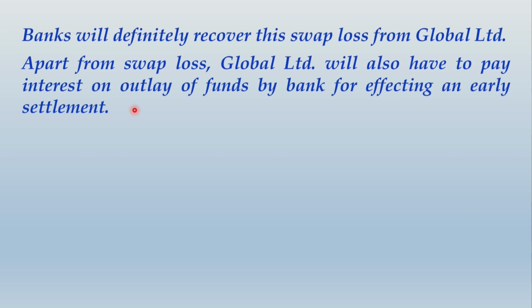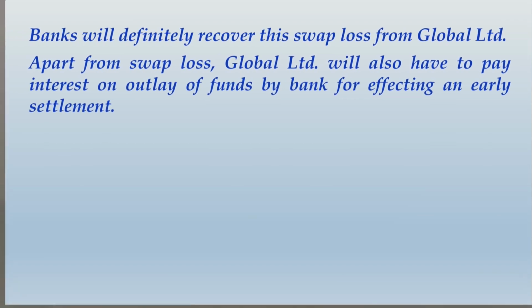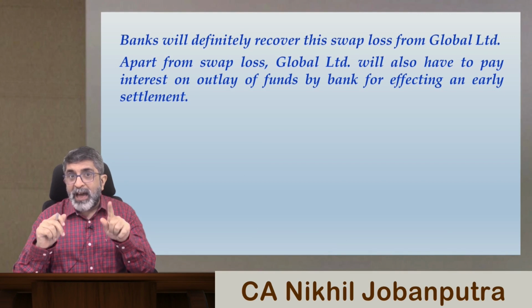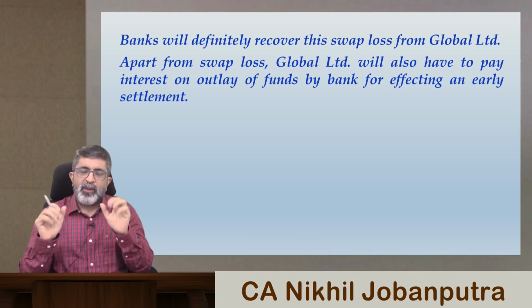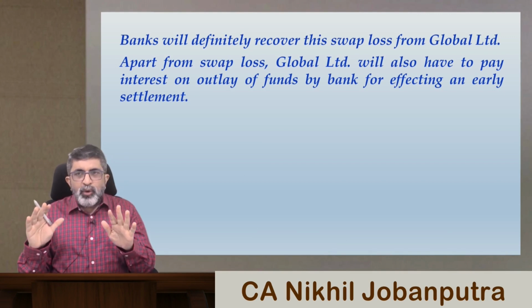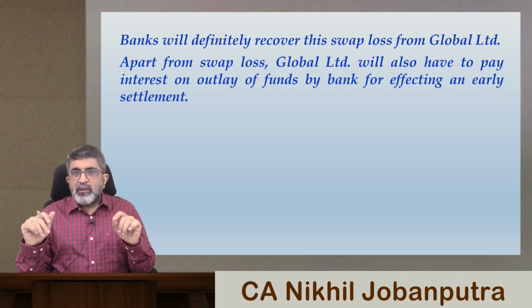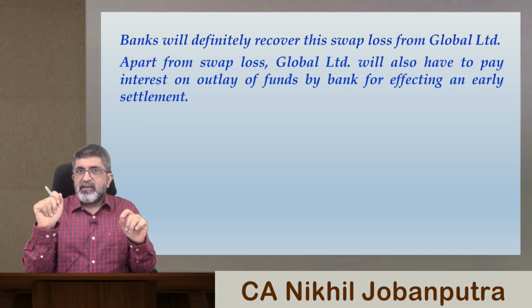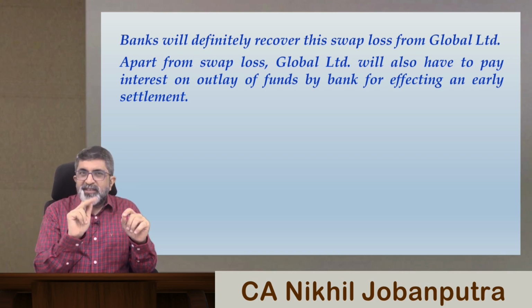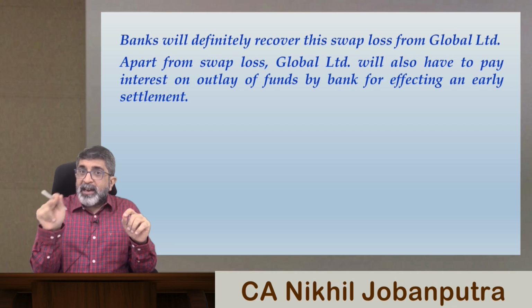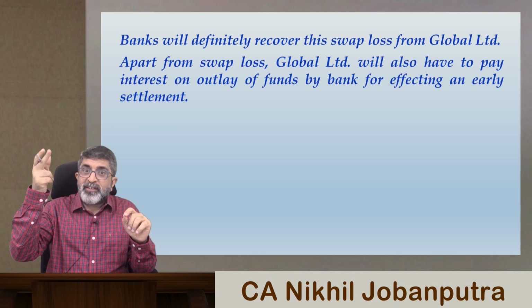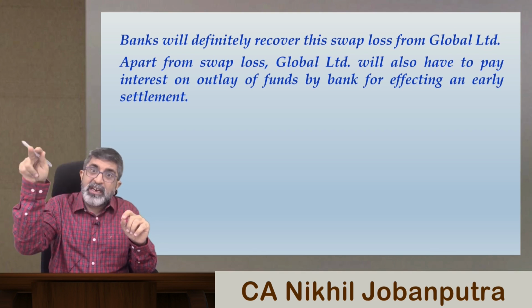Now what about this outflow of funds by the bank on 28th February, because the bank is going to have the right to recover interest on that. As I told you, the bank has just cancelled its original contract at what rate, do you know? 71.35. And I told you the bank would have originally agreed to sell dollars at a rate even higher than 71.5.